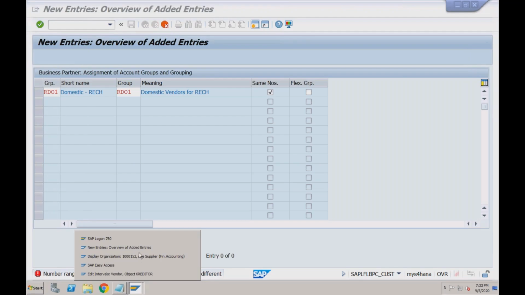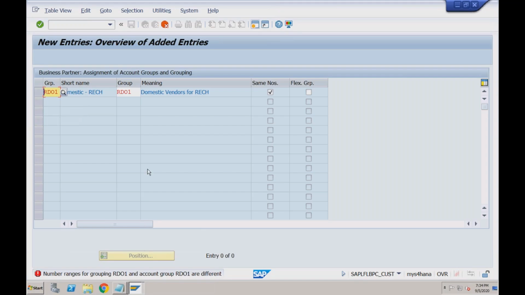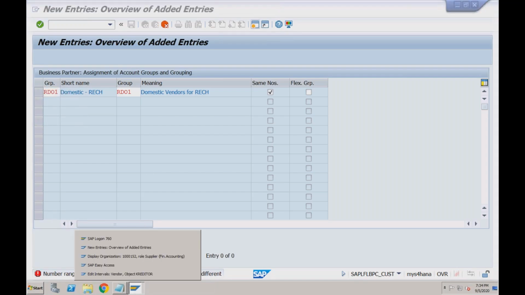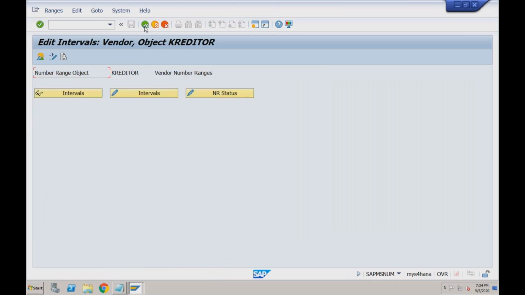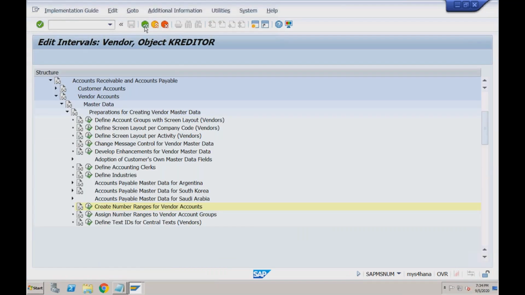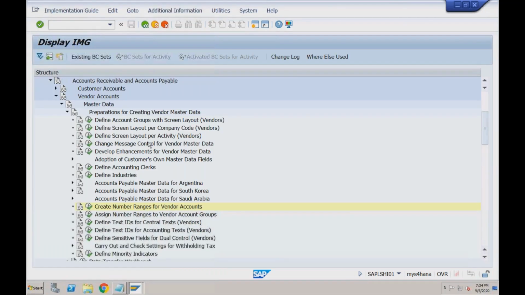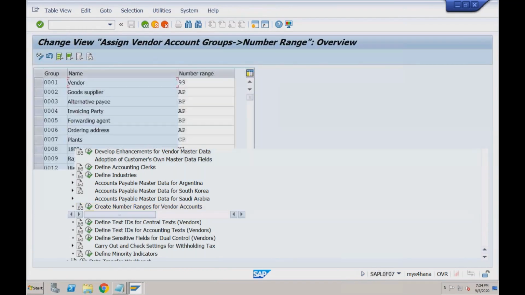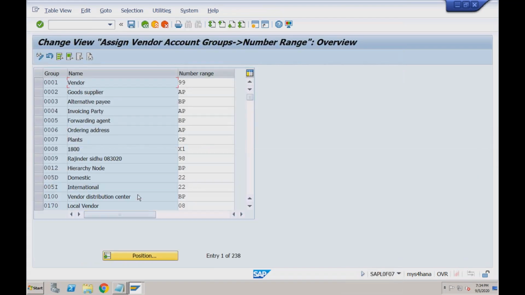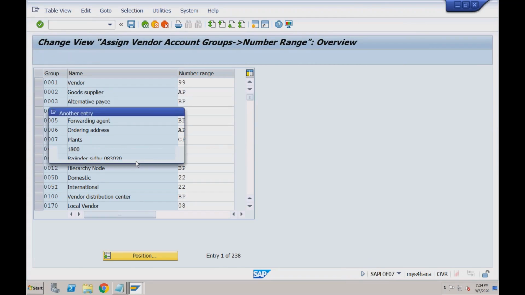Sorry, we have created the number range, but we have not assigned it to our vendor account group, right? We just created this Y7. We need to assign this Y7 to our vendor account group. Okay, same for BP also. So for account group RD01,